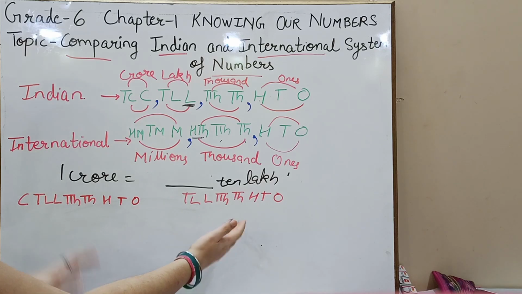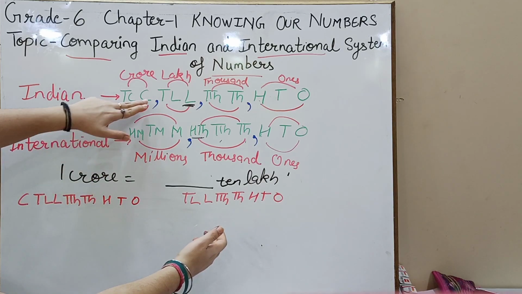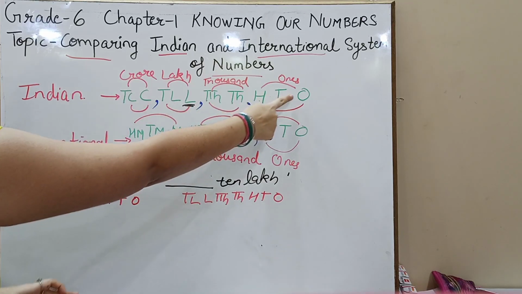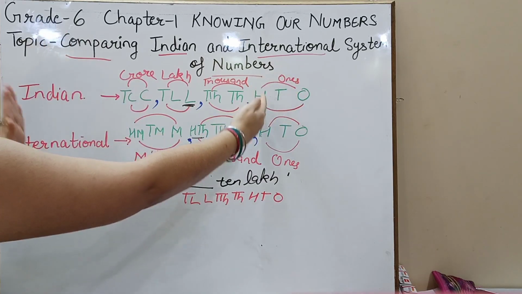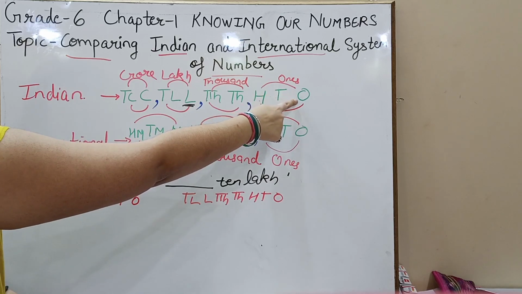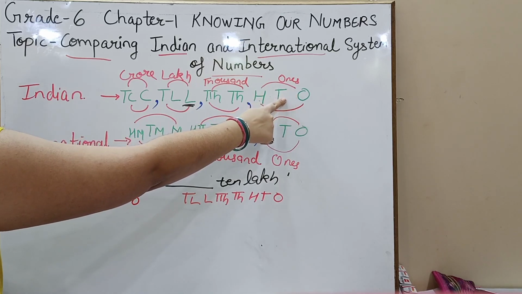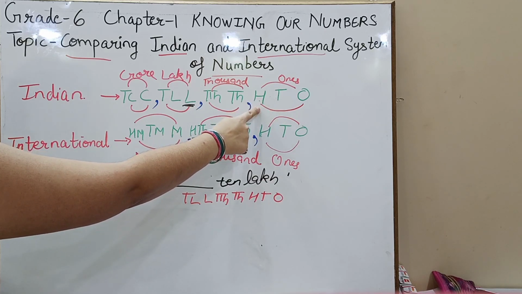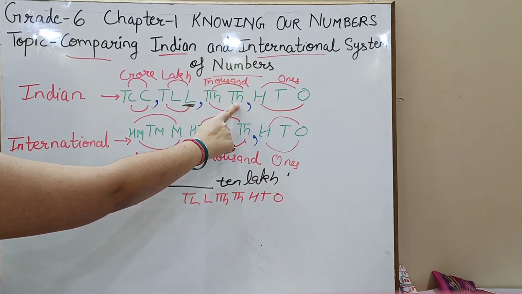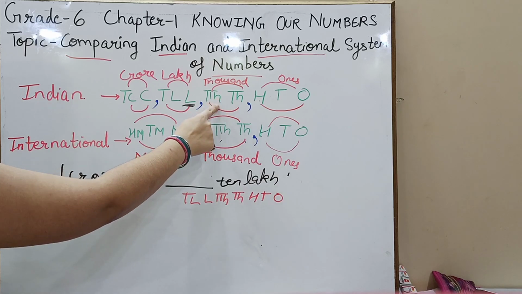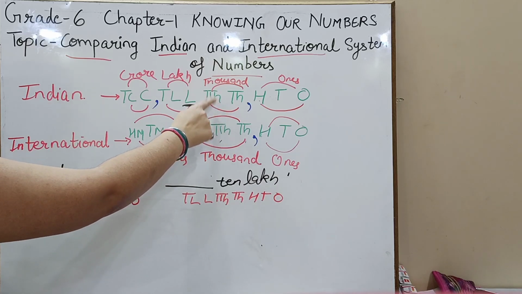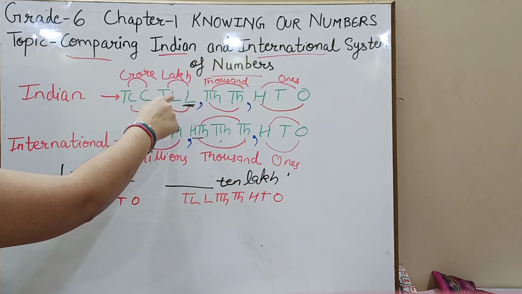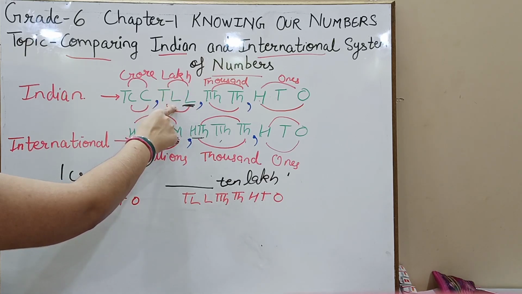Since you know that we need to compare this, if you can say 1 crore is equals to how many 10 lakhs. अब अगर आप यहाँ पे देखोगे तो हमें जब भी हम टूवर्ड्स लेफ्ट मूव कर रहे हैं, मल्टीप्लाई बाय 10 करते हैं. 1 once multiply by 10 will give you 10. 10 multiplied by 10 will give you 100. 100 multiplied by 10 will give you 1000. 1000 multiplied by 10 will give you 10,000. 10,000 multiplied by 10 will give you 1 lakh. 1 lakh multiplied by 10 will give you 10 lakhs.